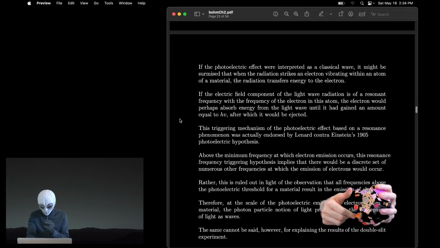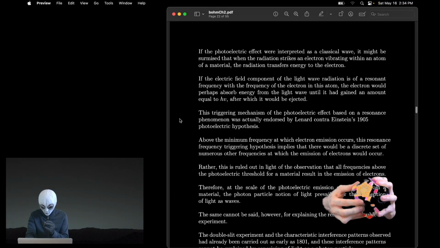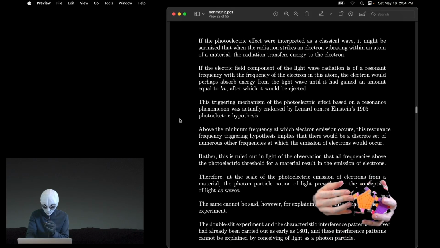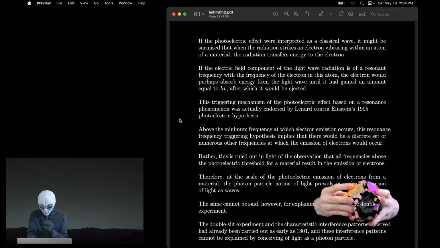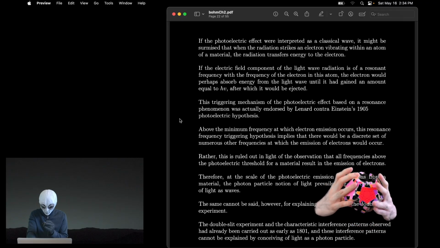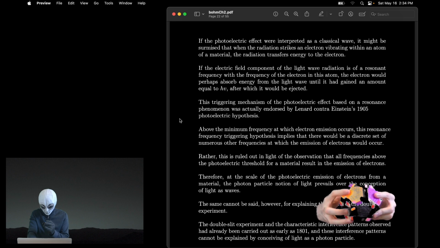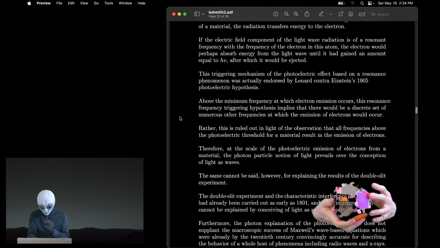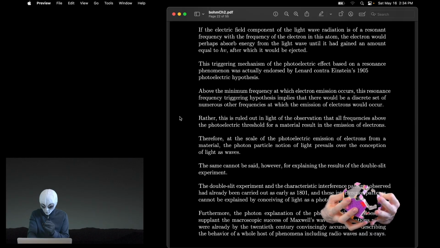If the photoelectric effect were interpreted as a classical wave, it might be surmised that when the radiation strikes an electron vibrating within an atom of material, the radiation transfers energy to the electron. If the electric field component of the light wave radiation is of a resonant frequency with the frequency of the electron in this atom, the electron would perhaps absorb energy from the light wave until it had gained an amount equal to hν, after which it would be ejected. This triggering mechanism of the photoelectric effect based on a resonance phenomenon was actually endorsed by Lenard, contra Einstein's 1905